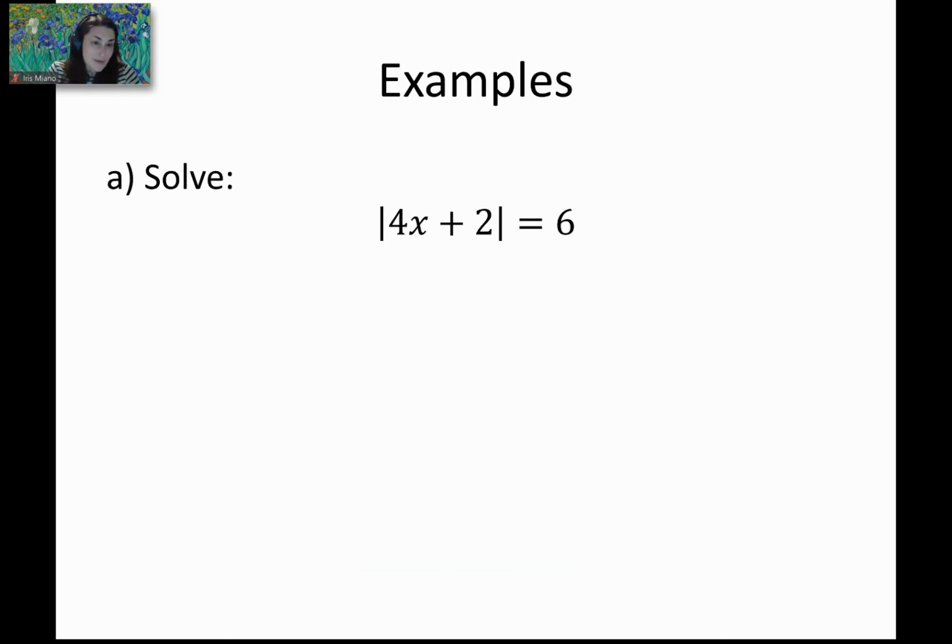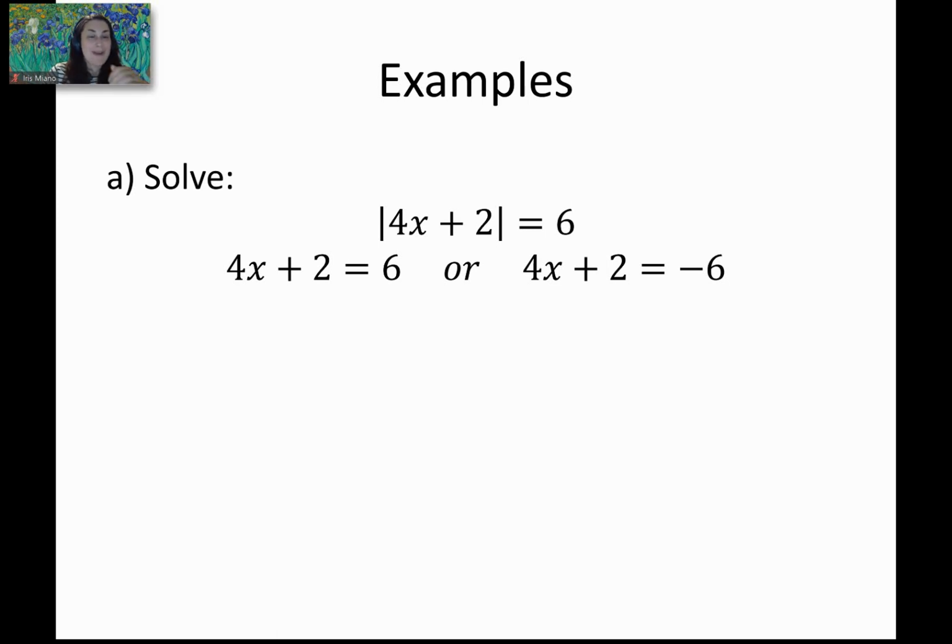Now let's solve an equation that's a little more complicated. So here we have the absolute value of 4x plus 2 is equal to 6. So straight away, split that into your 2 cases. Either the 4x plus 2 is equal to 6 or it's equal to -6, okay? Now in both, we could solve these 2 cases simultaneously. We could do them one at a time. What I'm going to show you in this PowerPoint, in this lecture video, is showing the solution of them both